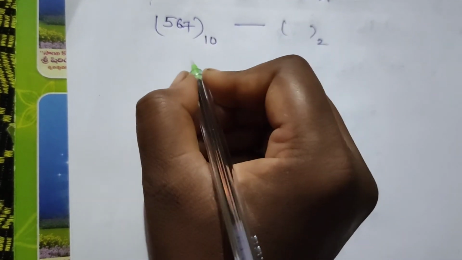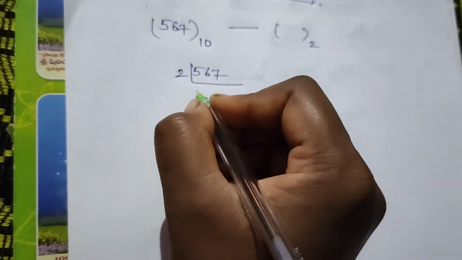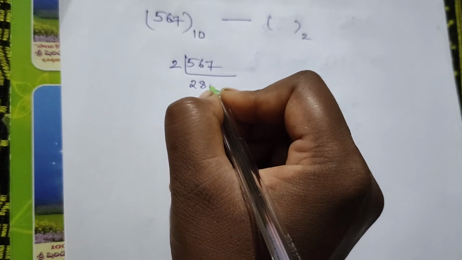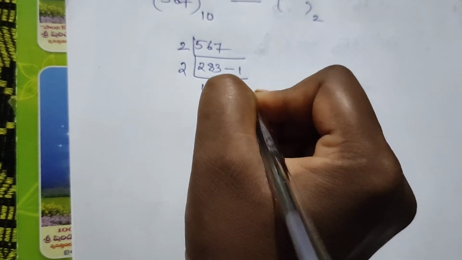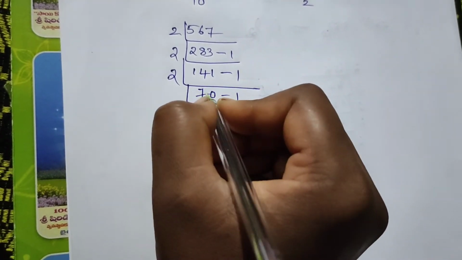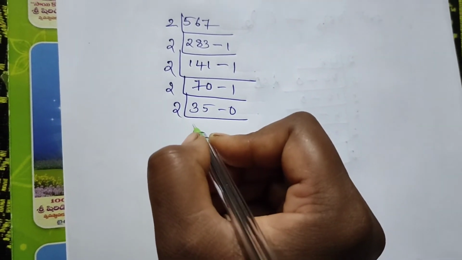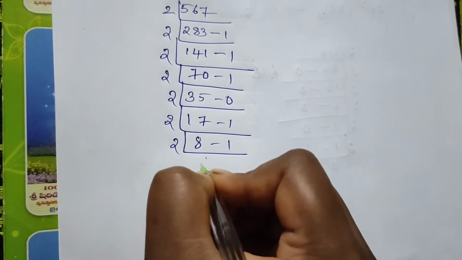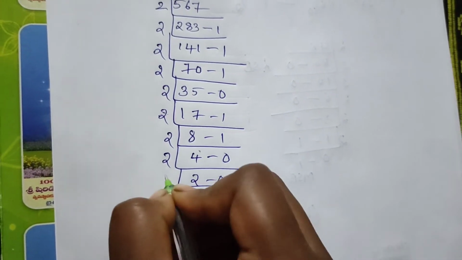Let us see one more example. This is a 3-digit number. That means with 3 digits I am taking. For binary conversion of a decimal, we need to divide with the base of binary, that is 2. So I am dividing and noting down the remainder. Repeat the process until the value is not divided by 2, that means till 0. So I am doing it.